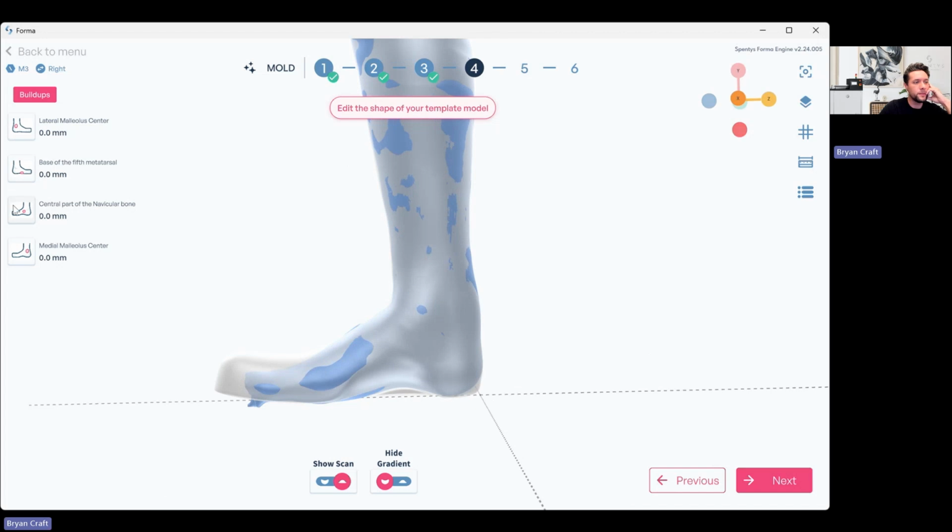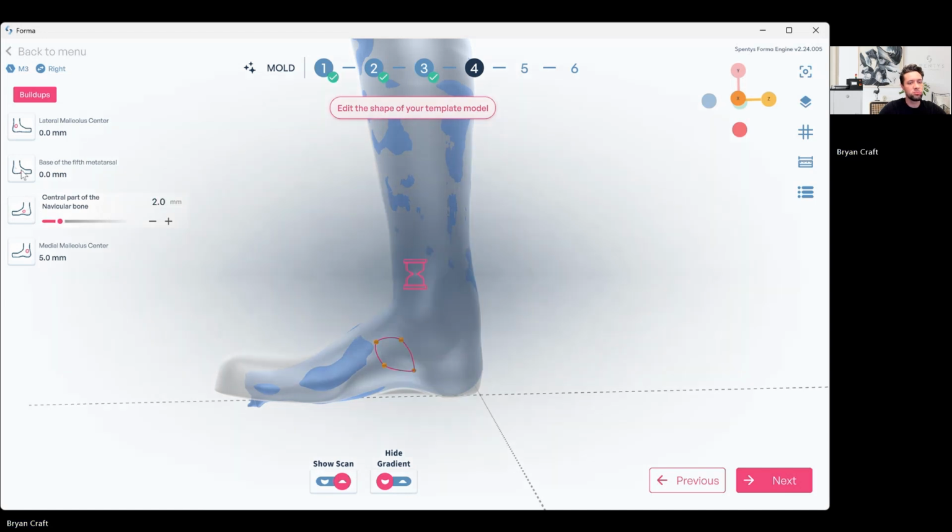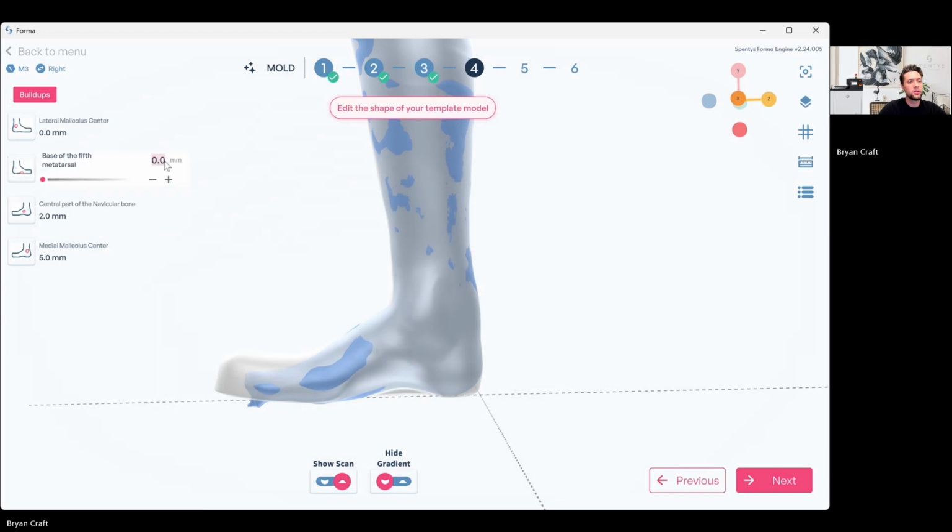Now buildups on your bony prominent areas. Let's go 5 millimeters on the malleoli, 2 on the navicular, 2 on the base of the fifth,